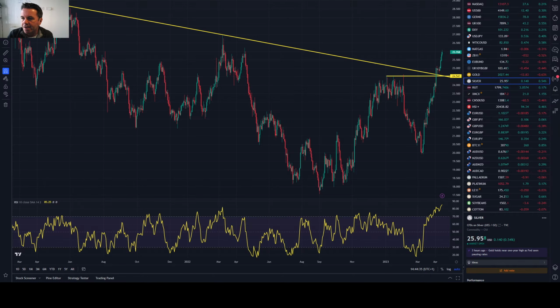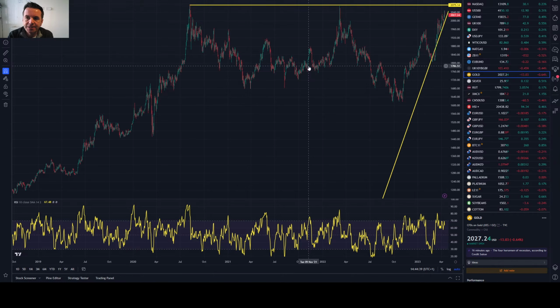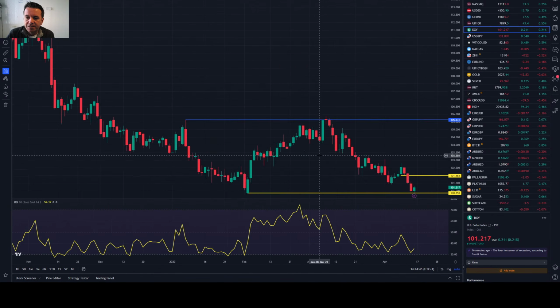So for me next week, gold, because we are back up near these old highs, these all-time highs, and the dollar index, because we are back this morning, and yesterday had been back to a major level for the dollar index. Let's see what happens. So that's some of those.